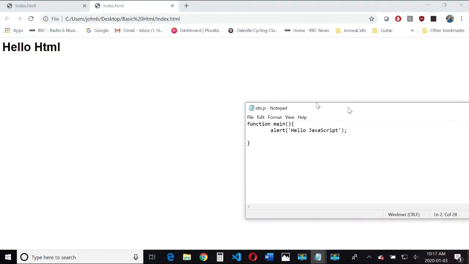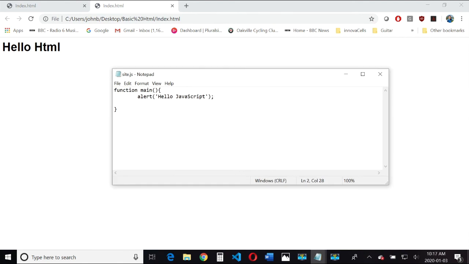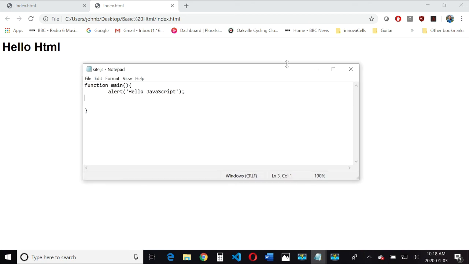So once more, keeping your JavaScript in a separate folder, in separate files, enables you to manage your code. It enables you to create libraries of code and all kinds of things, and it's a better way of organizing